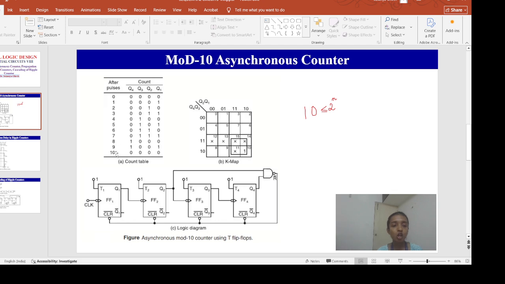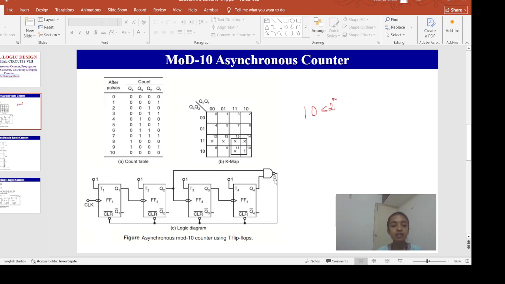So when the 10th clock pulse is applied, the counter goes to the state 1010 temporarily. But because of the feedback provided in this logic diagram, it again resets to the initial state 0000. So there will be a glitch in the waveform of this Q2, and the state 1010 is a temporary state for which the reset signal